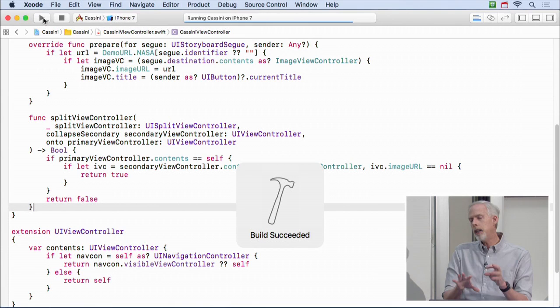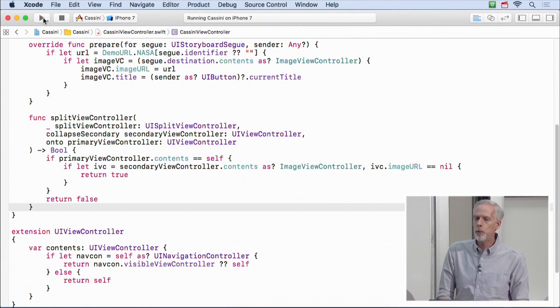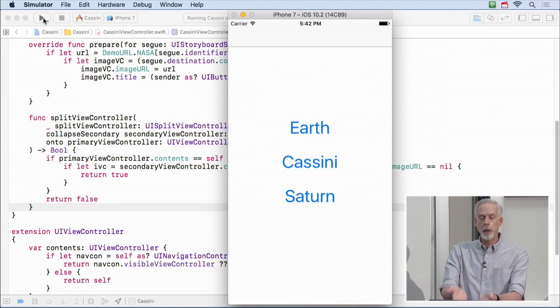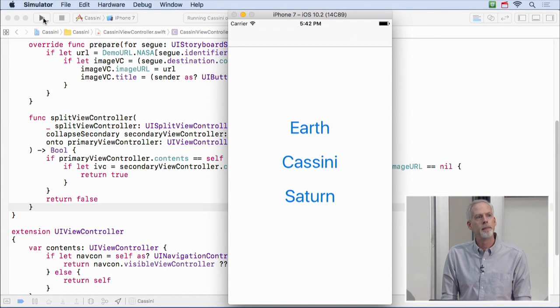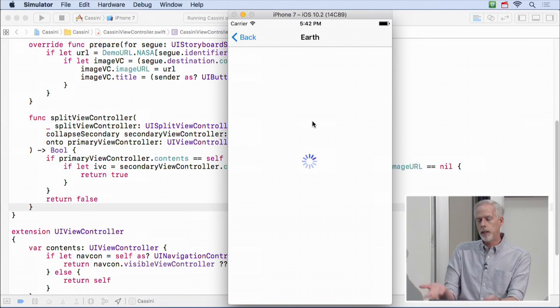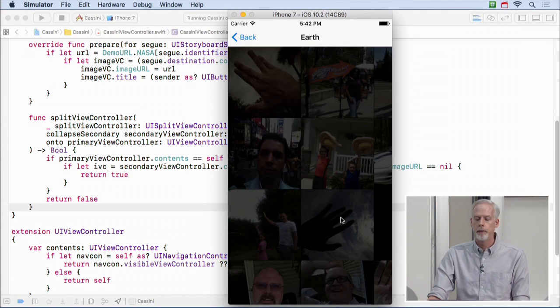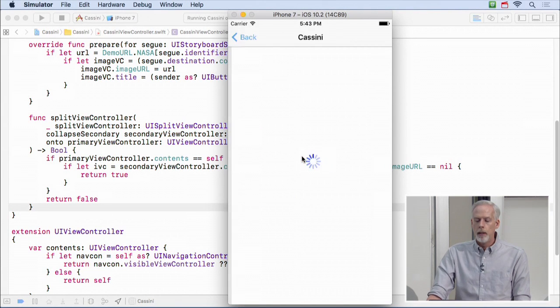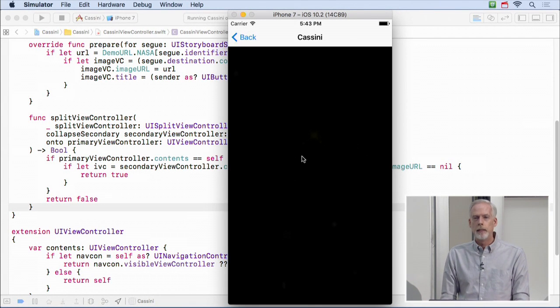Okay, so it's kind of funky, but I just wanted to show you this to show you that there are a little more complicated ways to do things than I sometimes show. But look what happened. I ran, and I did not get that blank view controller, right? Because I told split view controller that I collapsed it on there, but I didn't really, so it did nothing. But if I click on one, now the image URL is not nil, and so it did do the collapse for me. All right? So that's it.